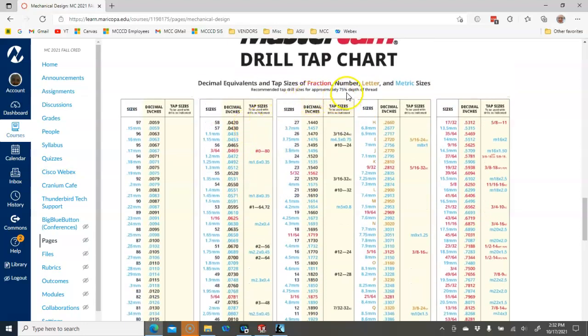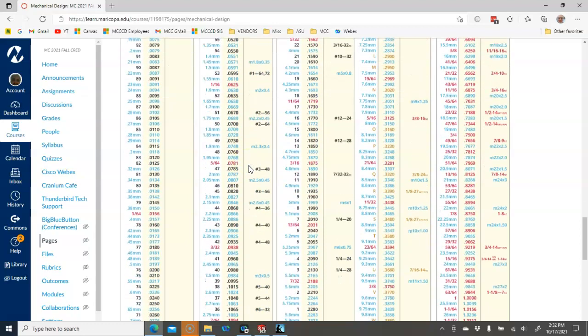So this chart assumes 75% depth of thread engagement. If we are in a harder material or the class of fit allows it, we could go up a little bit, and that's kind of a big jump for the diameter, so I don't know that I would go up to a 52. But in the larger threads, we can make some adjustments,